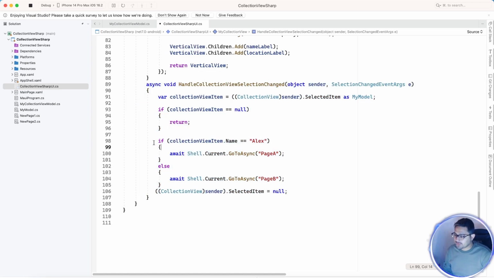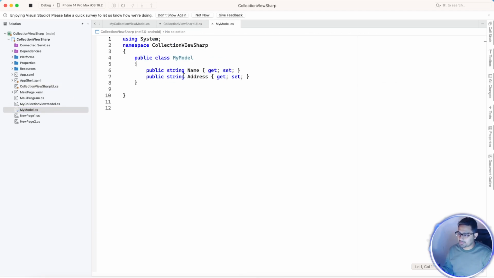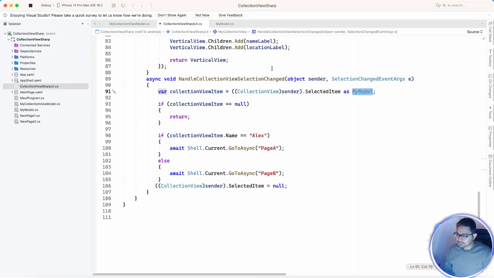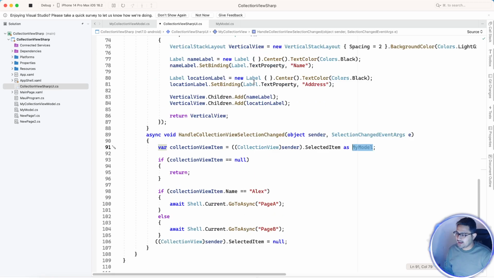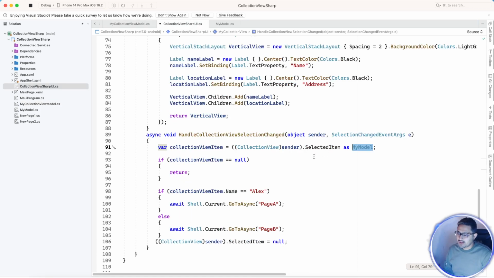For the navigation, I'll let you know what has happened on the navigation side. Whenever any item is selected on the collection view, first of all, it will get the item object, and this object is the model, and we know that this model has some properties, name and address. You can put some IDs over here too. So id equals 1, 2, 3, 4, and add it inside your view model, just like this, id equals 1, 2, 3, 4, 5, 6, and then add it over here